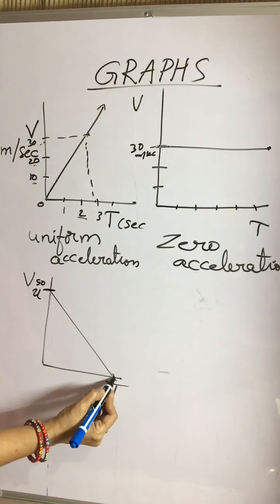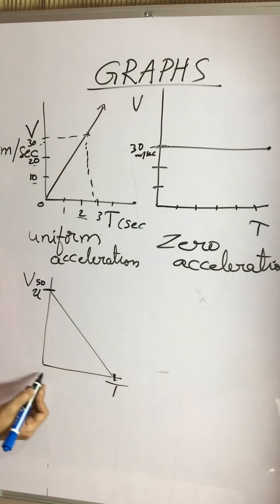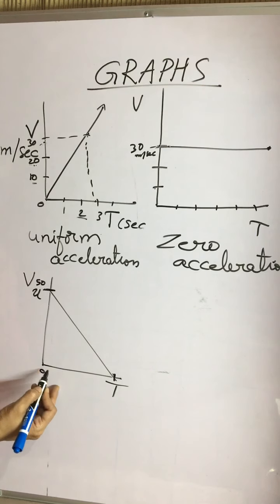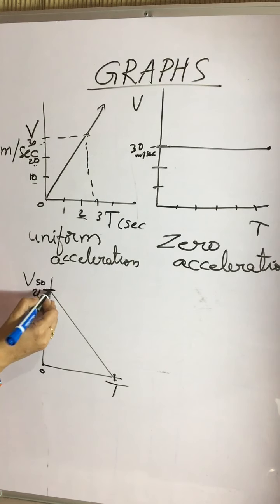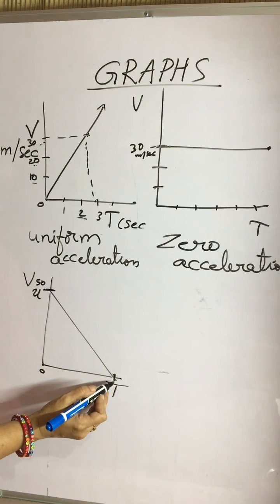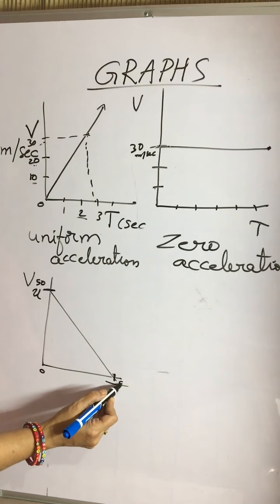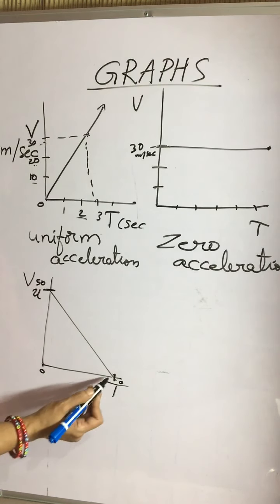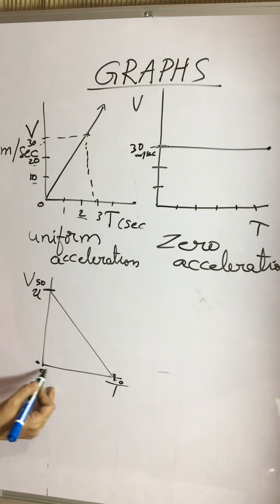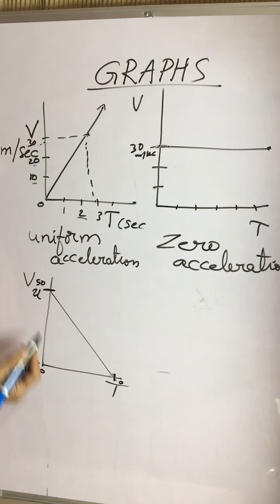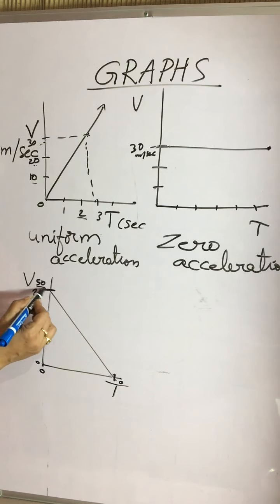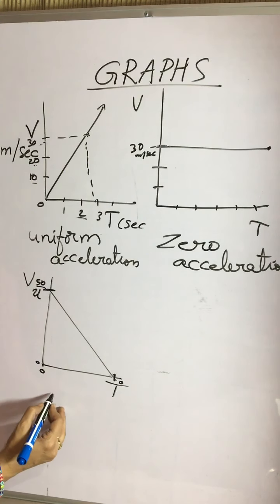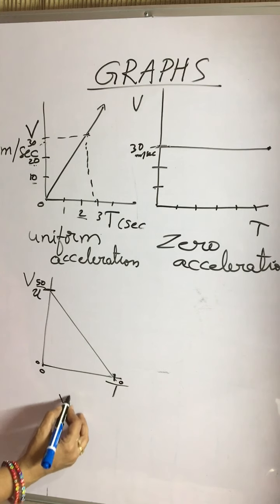Okay, here 50 meter per second. What is this? This is the final velocity, students, because time started here. This is the 0 time. It started here, 0 time. It is at 50 meter per second. As the time goes on, it reached 0. This is 0 here. So in the beginning, when the time is starting, it is 50 meter per second speed. So a is equal to v minus u.